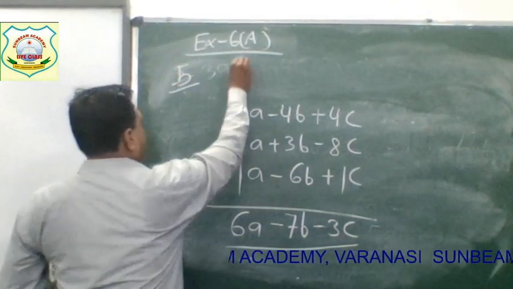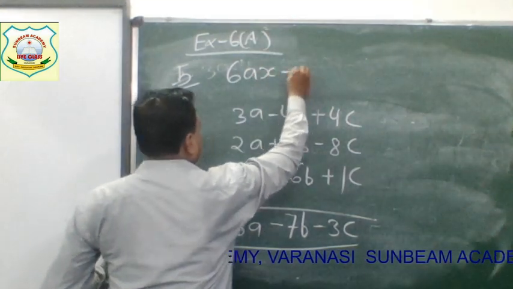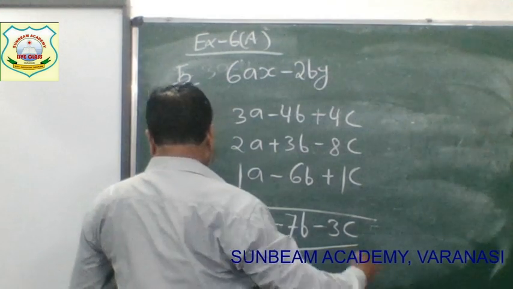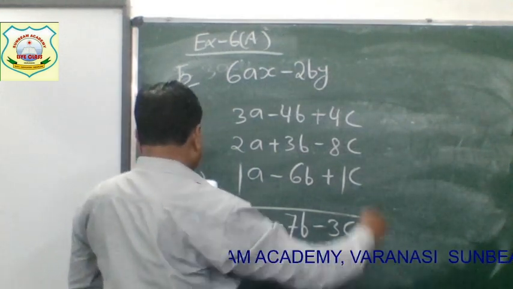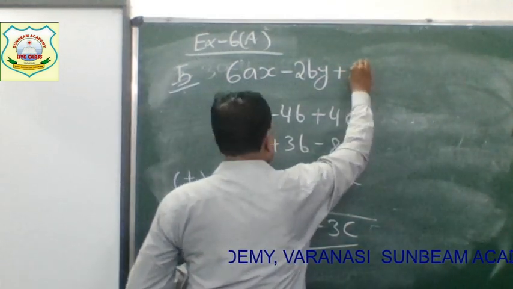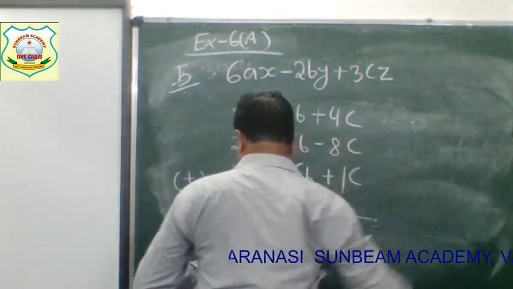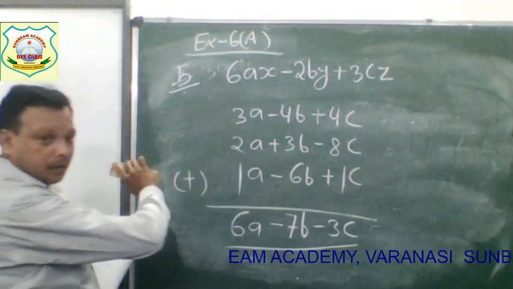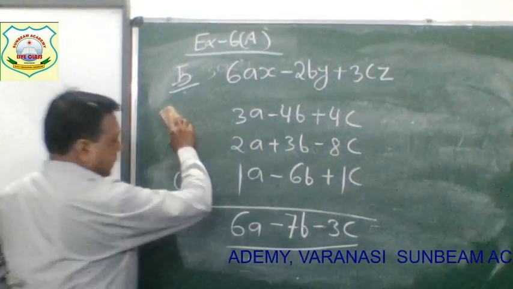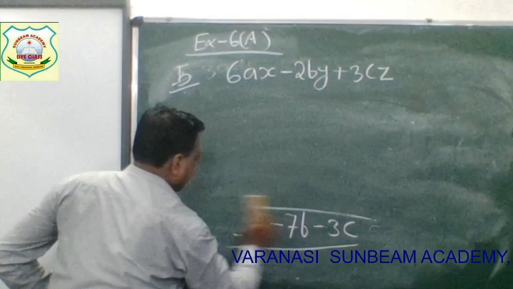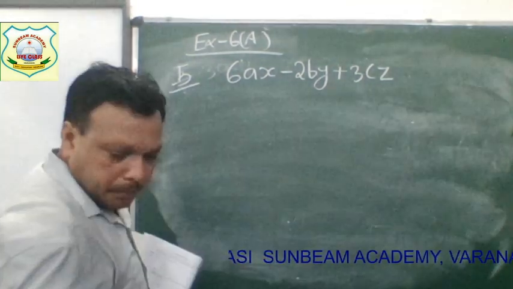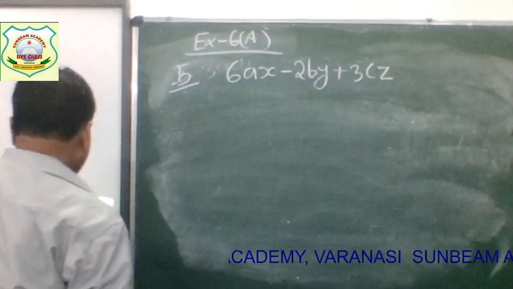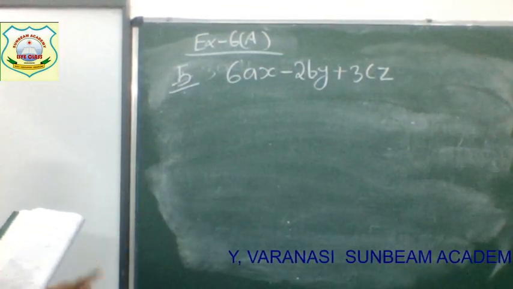6ax minus 2by plus 3cz. Students, I think everyone has written. Directly we are writing 6ax minus 2by plus 3cz,